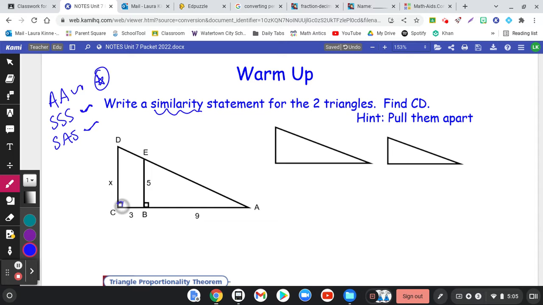Let's take a look. Right now I can see that they both have a right angle, and then they both have a shared angle A. So they're similar by angle-angle similarity. For my similarity statement, let's start with the smaller triangle. I'm going to go in alphabetical order. It doesn't matter what you start with. So triangle ABE